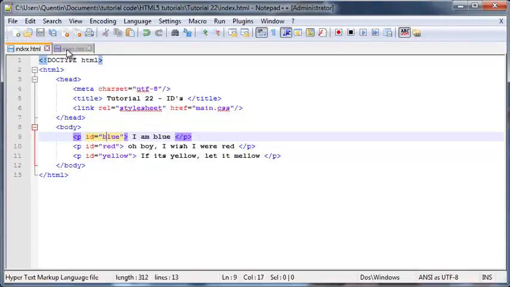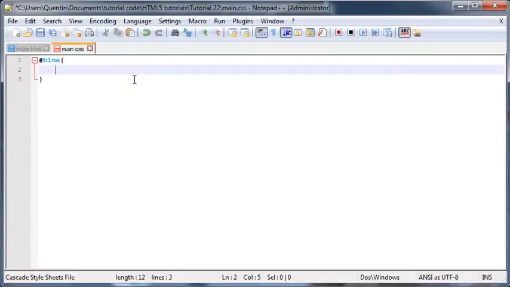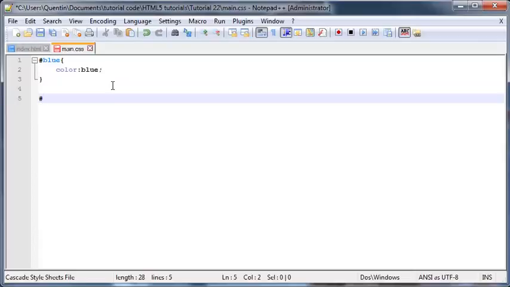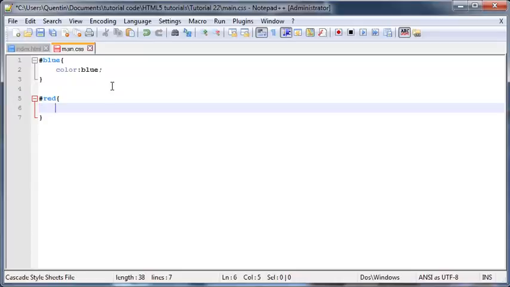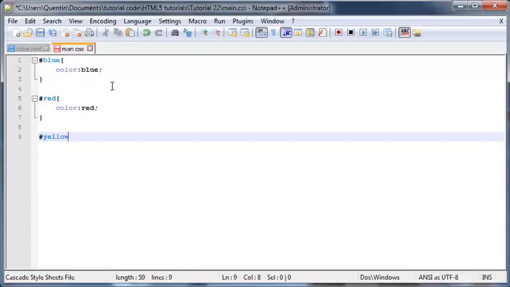So my first ID is blue, so I'm going to go ahead and put in blue over here, and now I can style my first paragraph. And I think what I'm going to do is just change the color to blue, and then we'll go ahead and style the red ID, so hashtag red, and that'll change the red ID. So we'll go ahead and say color, easy on the caps lock over there, color red, and then the last one can be, well, we've got to select the ID of yellow,